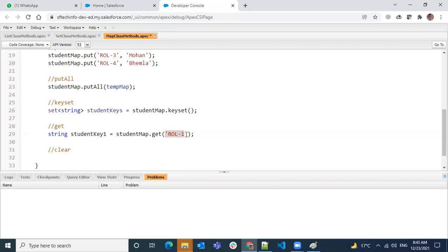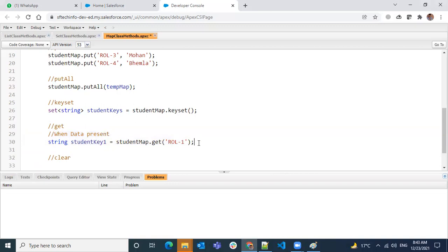If there is no key, then what is the return, will it allow it or not allow it, what will the result be? When data is present, this is how it will get it.